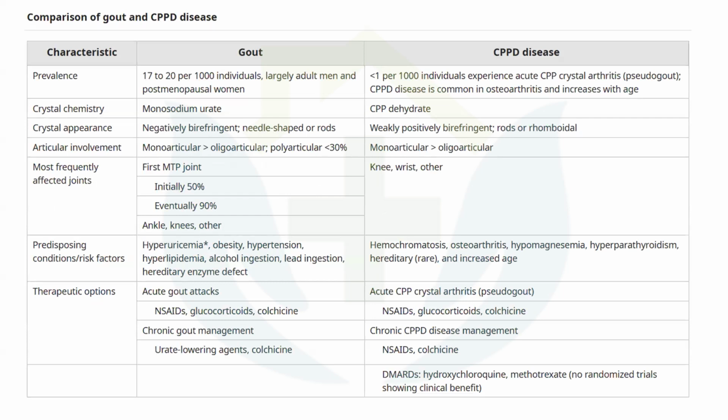Okay, so this is a very important slide. So gout and pseudogout. We now don't call it pseudogout. We call it calcium pyrophosphate crystal arthritis, so basically CPPD disease we call it. This is a crystal deposition disease. In both, crystal deposition is happening, but here it is monosodium urate, and in the other it is calcium pyrophosphate dihydrate crystal deposition. And the crystal in gout is negatively birefringent, and